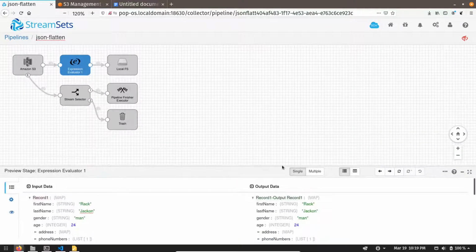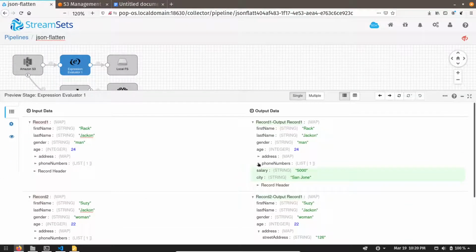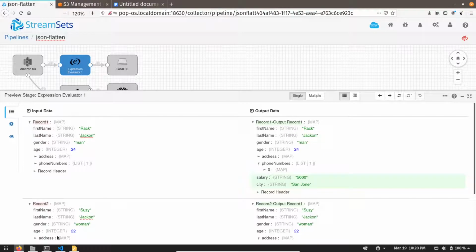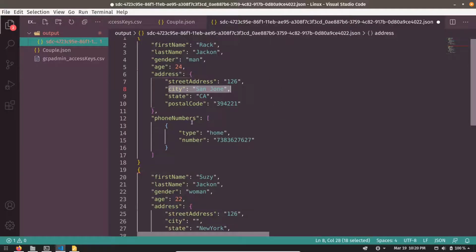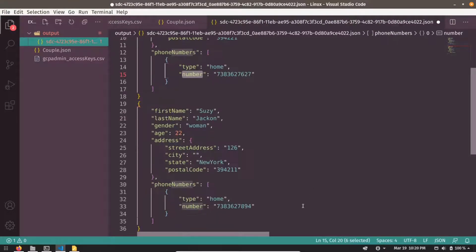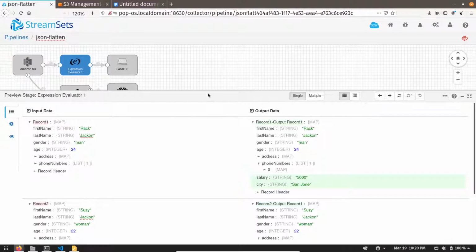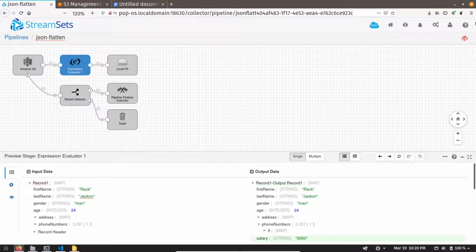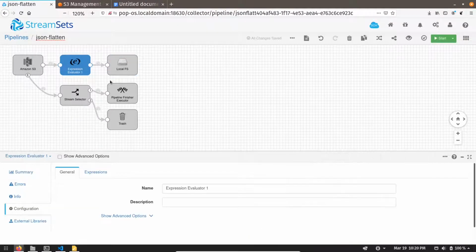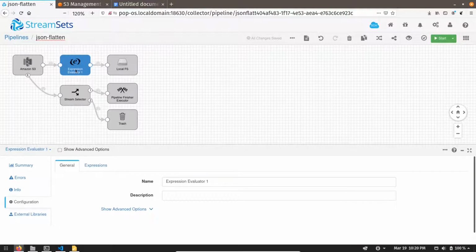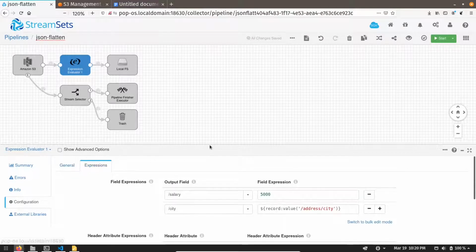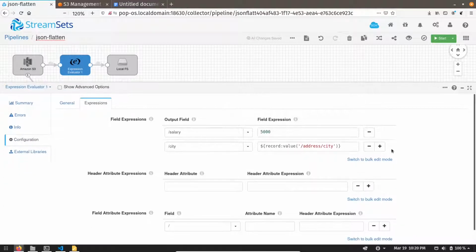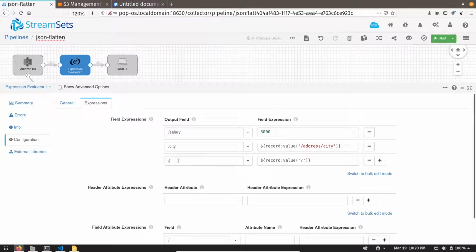Now suppose I want to extract a phone number as well. You can see if we come to JSON, there is a phone numbers array, and inside the array there is 1 number in both records. So we want to extract this number. How will we do that? Again go to the expression evaluator, first close the preview mode, and then open expression, and again click on the plus button, add phone number,